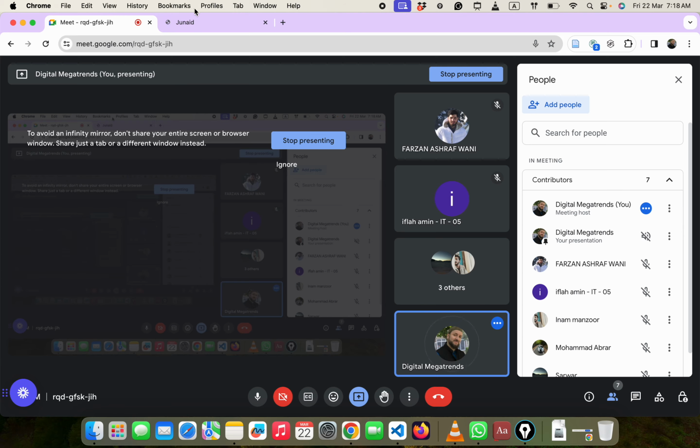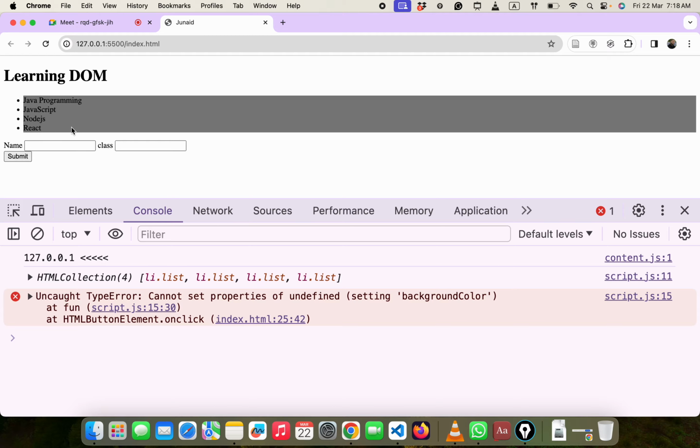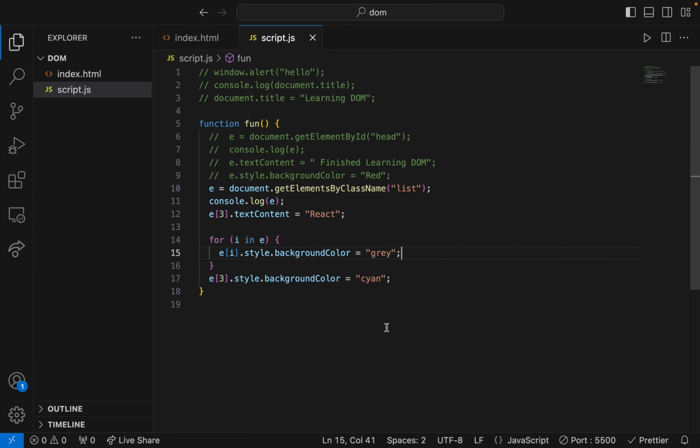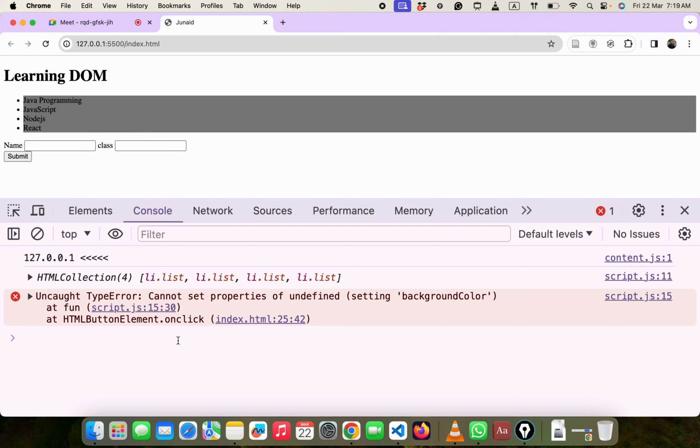ओके, so if I give it a go now, click it, तो सारा हो गया ये। कुछ एरर है कहीं पे, बैकग्राउंड कलर कहीं पे गलत लिखा मैंने। एरर किस में दिखा रहा है? Uncaught TypeError: cannot set property of undefined, setting background color at fun on click. हुआ क्या है,